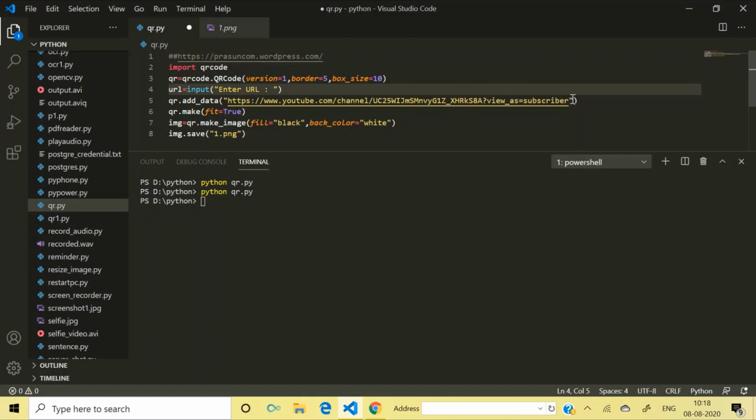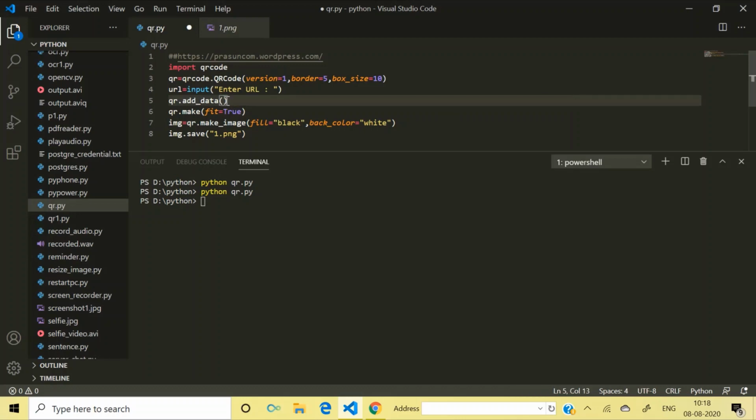Instead of passing the direct link in the add_data method, I will simply pass the url variable. Okay, so now it can easily take a URL from users. The users don't need to edit the code again and again.